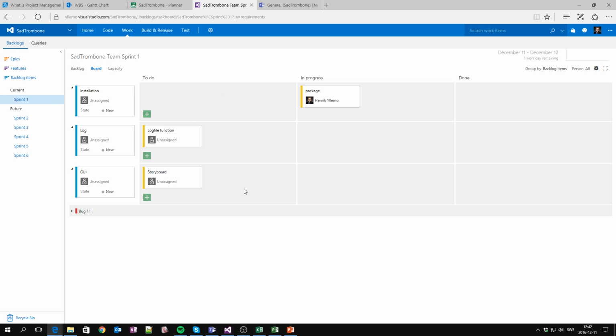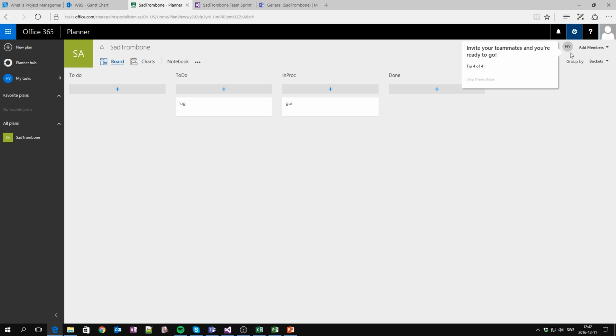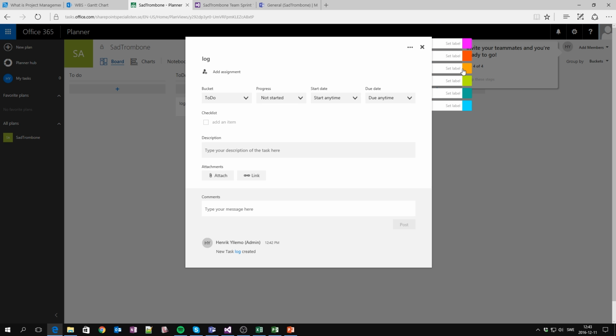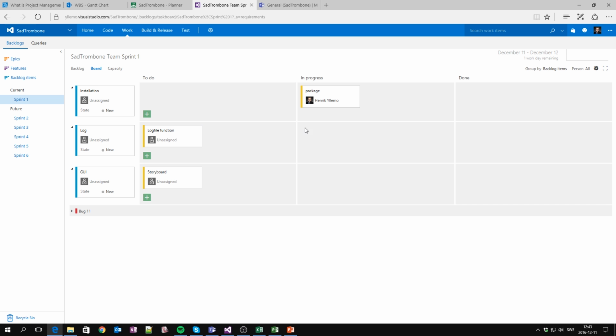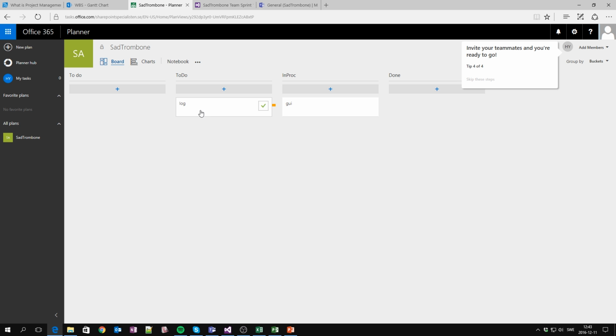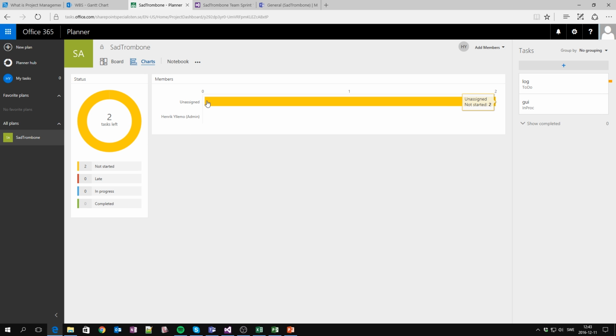The TFS Kanban boards or Scrum boards are really advanced and really configurable. This one is more Trello-like. It's really simple to use, and you place the cards within various buckets. I can also put some labels and some colors, and it's more lightweight than the other ones, and probably easier to get started with rather than the TFS, which requires a bit of learning. The learning curve of TFS is a bit bigger than this one, but this one is nice to use when it comes to really simple getting started, just to have an